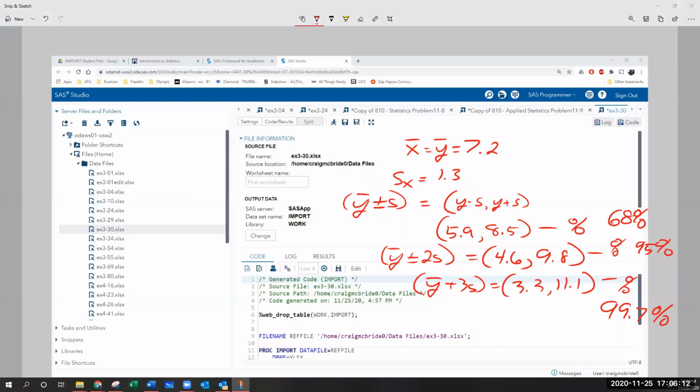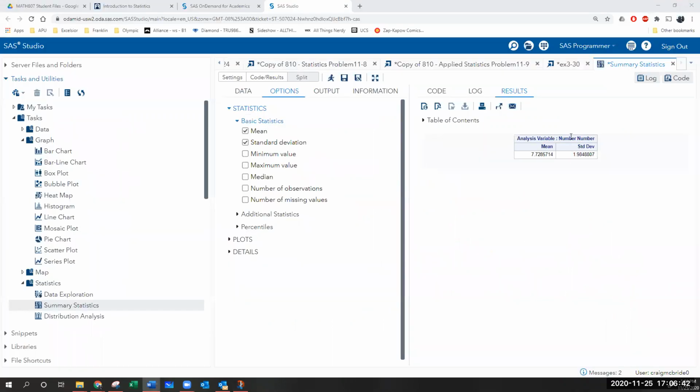I never need to see code unless you want to show it to me because you did something really cool and you want me to copy and put the code in the SAS how-to. But basically, if it asks you to construct these intervals, you could just put these 3 intervals with your percentages on them. Obviously, for part B, it wants you to calculate the mean and the standard deviation. So you could either type those into the Word document, or you could do a screenshot of this little box and put that in and go, here's my mean and my standard deviation.